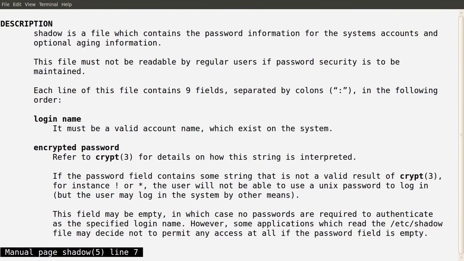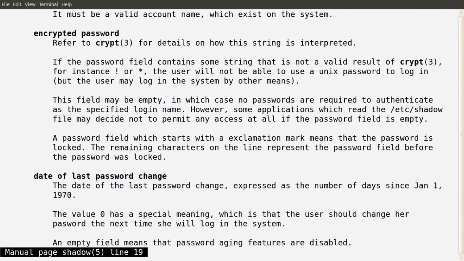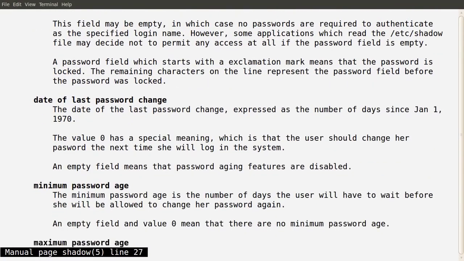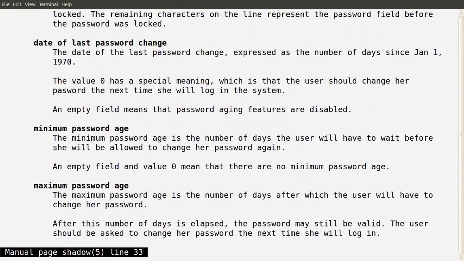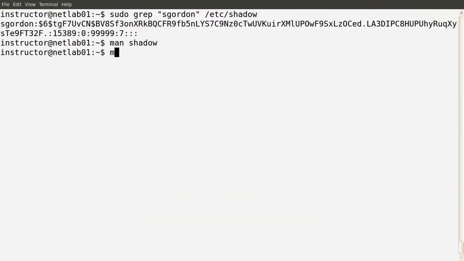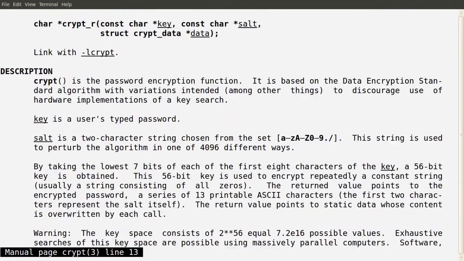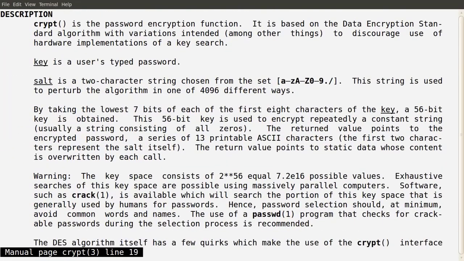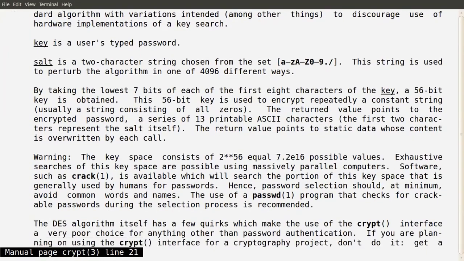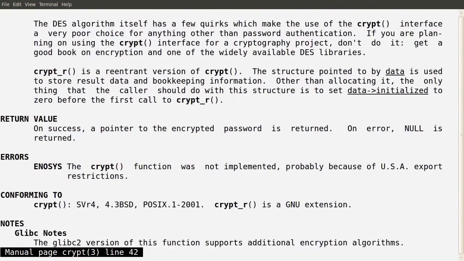The login name, encrypted password, which refers us to the program crypt to do the hashing, and those other fields about the password, age, and so on. If we man crypt, look at the man page, it talks about the format of the hash value that's stored. And if we scroll down,